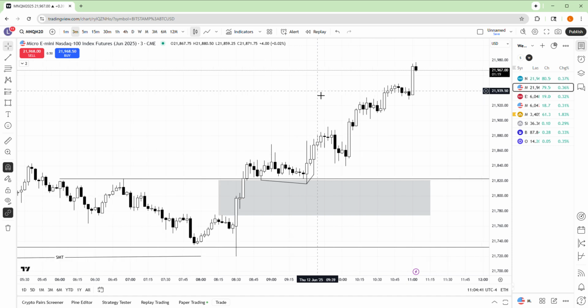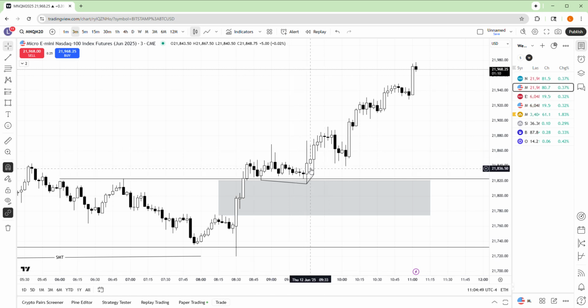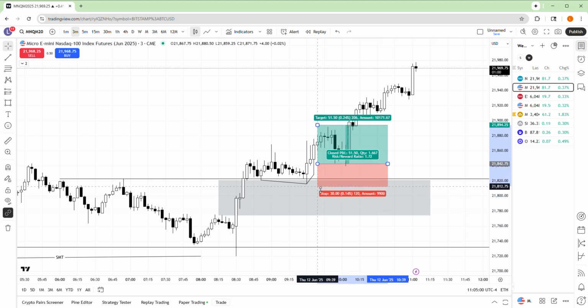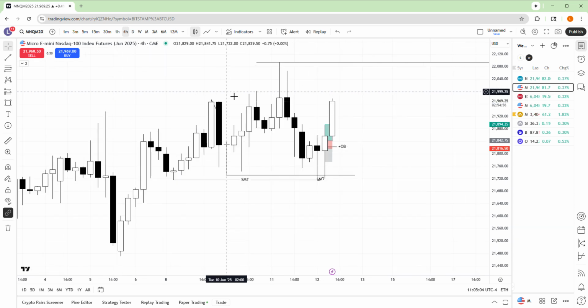But I entered based off of this first SMT, even though this technically didn't end up holding. I wanted to see a confirmation of the SMT, which I got in the form of this fair value gap and this change in the state on this. So I entered about, I don't know exactly where the entry was, but roughly in here. Roughly in there. And then my target,